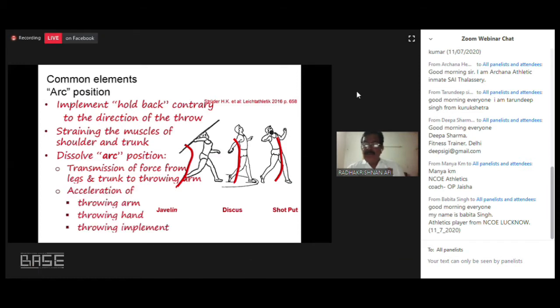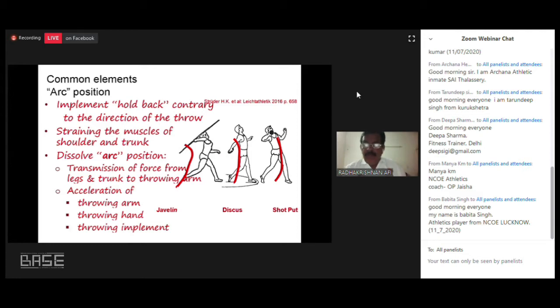You must remember, when you teach your athletes throwing events, you must teach them to use the bigger muscle first, then the small muscles. The basic reason is the big muscles are slow and the small muscles are fast. If you are not using the big muscle first, then you will not be able to use the big muscle.